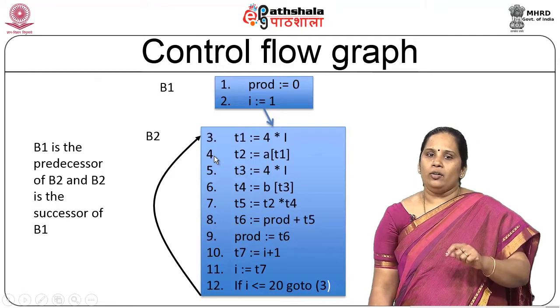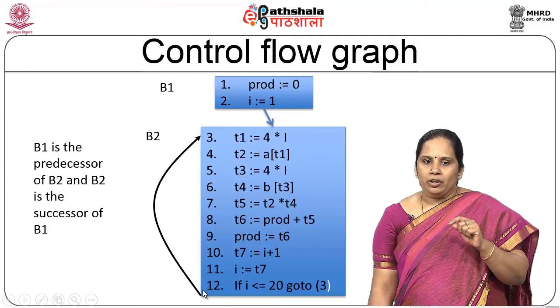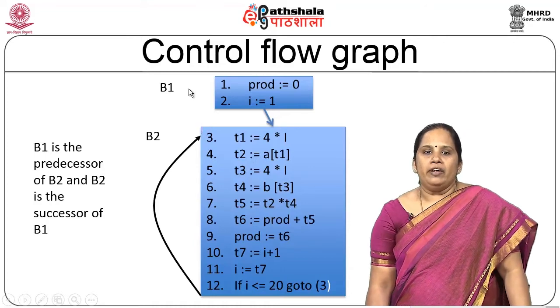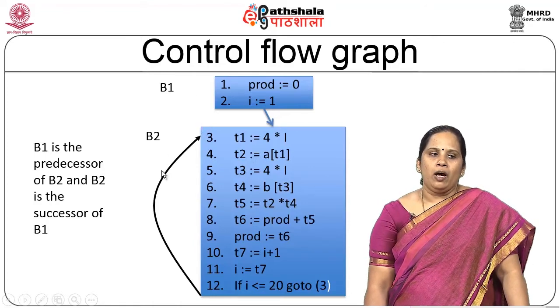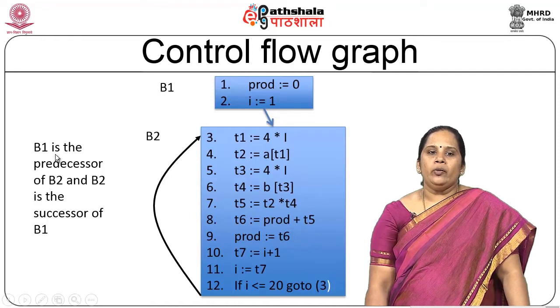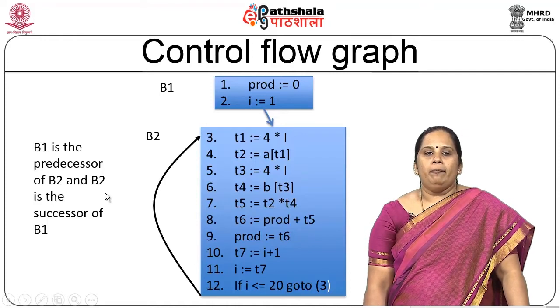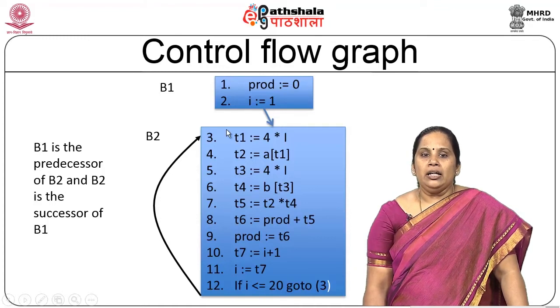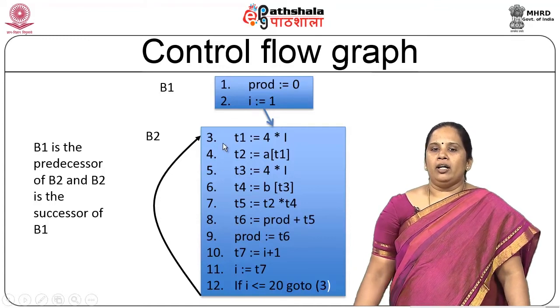This is what basically looks like a control flow statement. So I call this a control flow graph, because after doing this I have to go back to this position. That is my indication. And here, if I call this block B1 and this block B2, I can say B1 is the predecessor of B2 and B2 is the successor of B1. Okay. So this is what we construct, and here I do not have multiple statements.